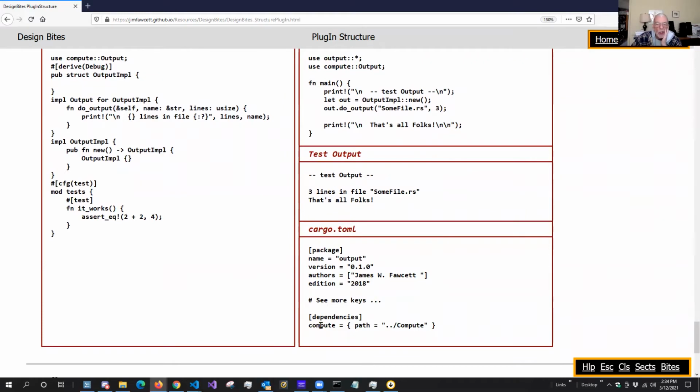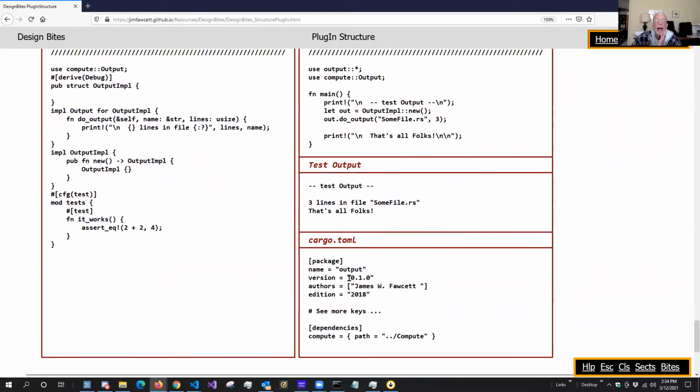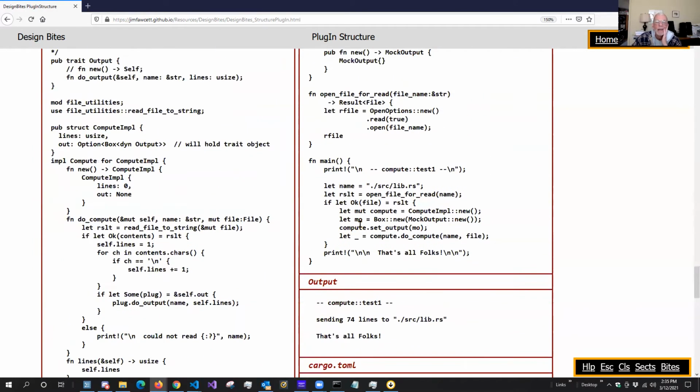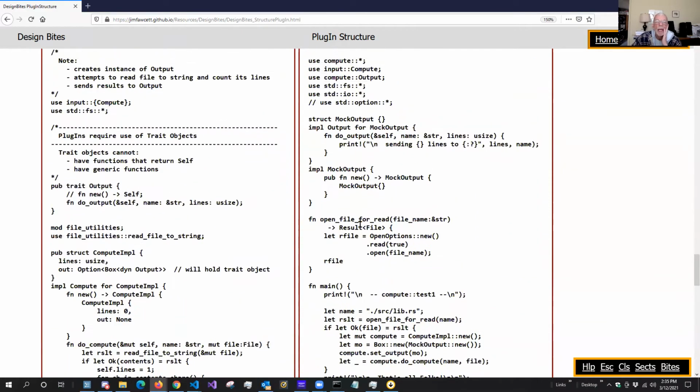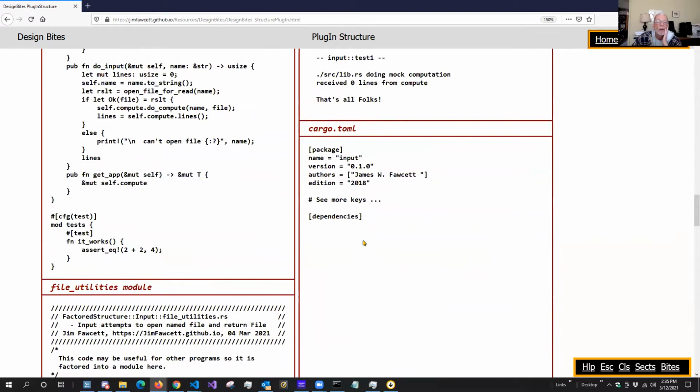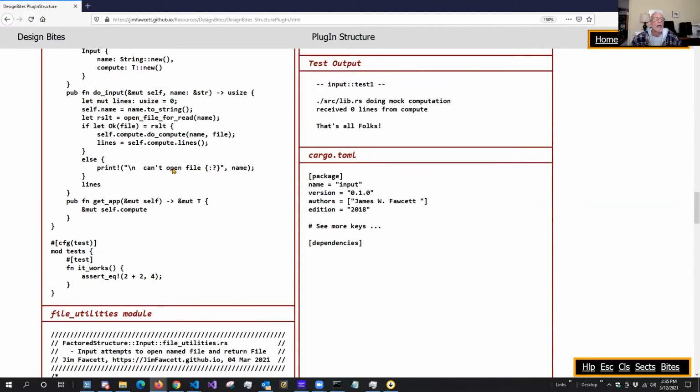So notice here that my output depends on compute, and my compute depends on input, and my input doesn't depend on anybody. That's the dependency inversion principle at work. Okay, so